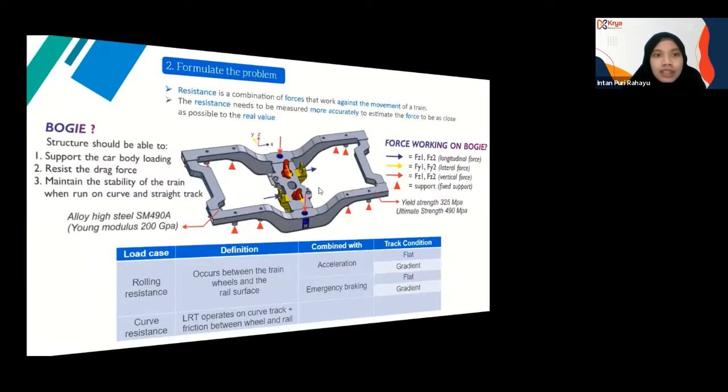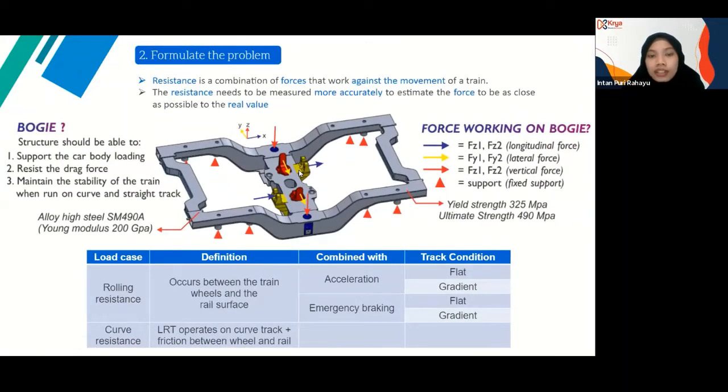And this is the second step that I did when I wanted to do the simulation. After I collected some of the data, I had to formulate the problem. So I wanted to analyze the resistance. What is actually resistance? Resistance is a combination of the forces that work against the movement of the train. Why did I want to calculate the resistance? Because I needed to measure more accurately to estimate the force to be as close as possible to the real value, so that I can make sure that this design, this structure is strong enough, and then we can say